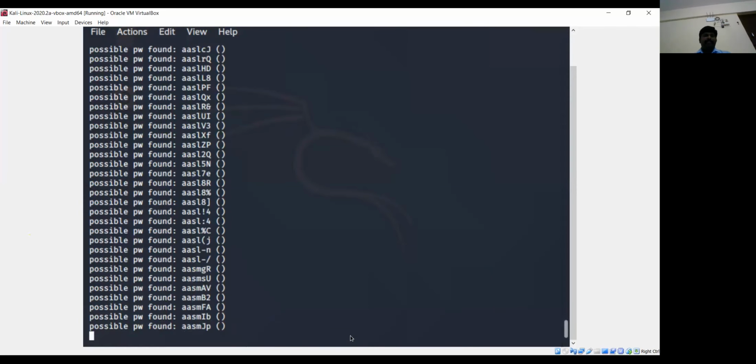Now the possibilities include all the small, capital, numbers and special characters. As I mentioned earlier, the strength of the password is completely based on your combination of these four categories: small letters, capital letters, numbers and special characters.